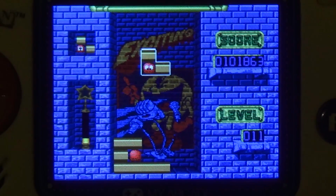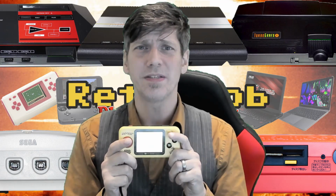Alright, let's get a verdict on this thing. So, what is the verdict on my arcade Pacman handheld? Well, I really, really want to love it. It has really nice construction quality. It has really good controls. The screen is beautiful on it. But,